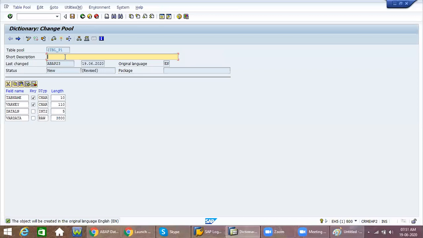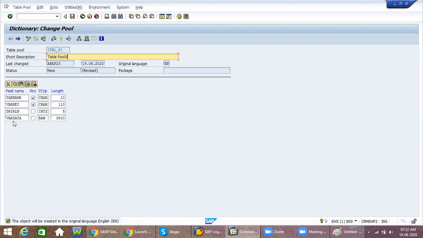Here you can give a short description: this is table pool 1. Here table name, varkey, data length, and vardata are the default fields that will come. The system will generate these.